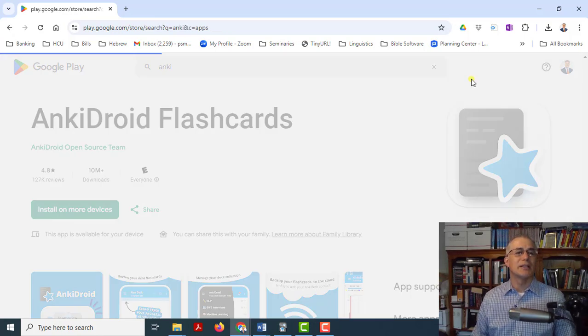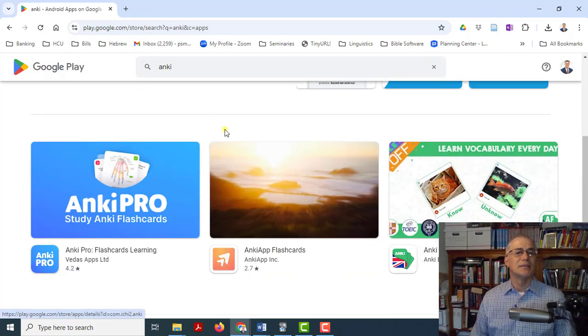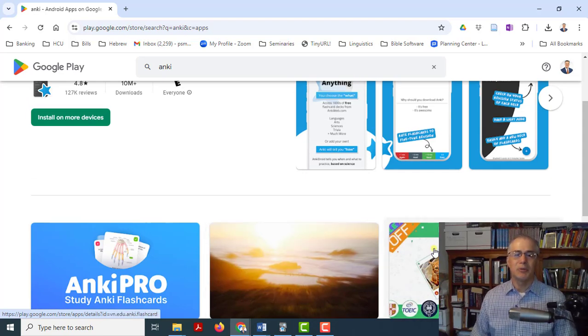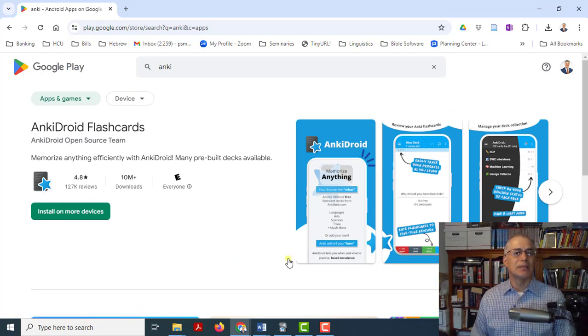So if I just search Anki on Google Play, you'll see that there's Anki Pro, Anki App, Anki Flashcard, right? These are just people who developed an app using Anki's system, but they're not the official versions of these. So AnkiDroid is it, and you're able to log in your actual account so that you can run synchronizations